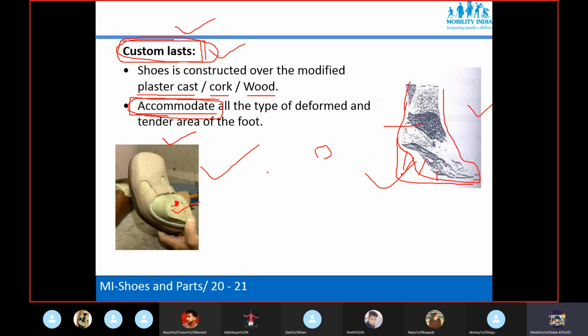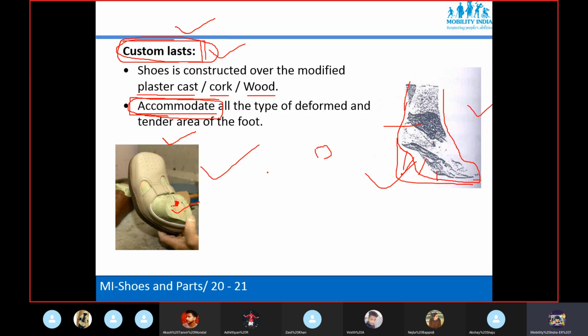So there are many objectives: stability and prevention of further deformity. Yes, correct. And when the deformity is flexible, we have to correct it, meaning we need to bring the foot to the neutral position by correction.